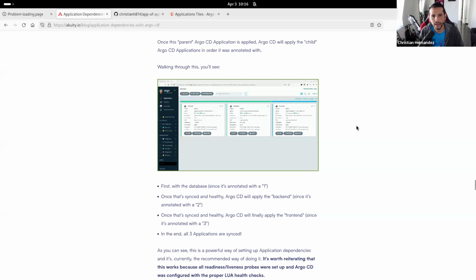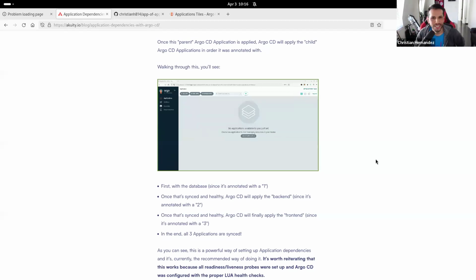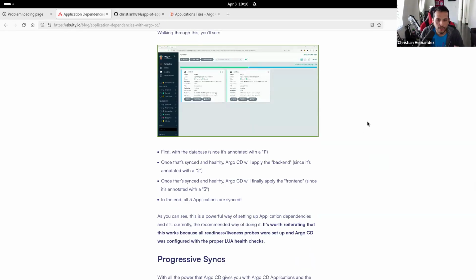And there's a simple GIF here. GIF, sorry. I don't know if anyone has a preference, but I do have a GIF here that shows you how that looks. But you can try it yourself from the repo as well. That goes through, okay, there's a parent app that deploys 3 other apps using sync waves. There's also